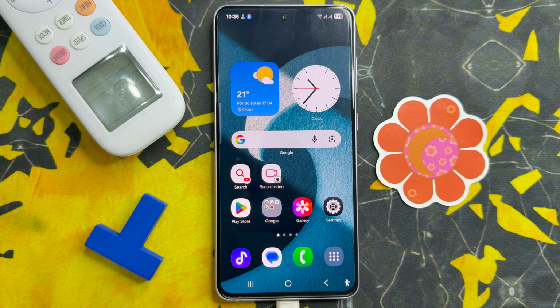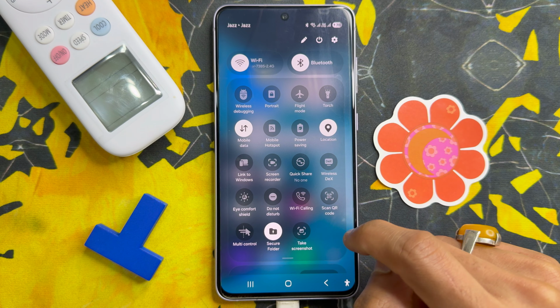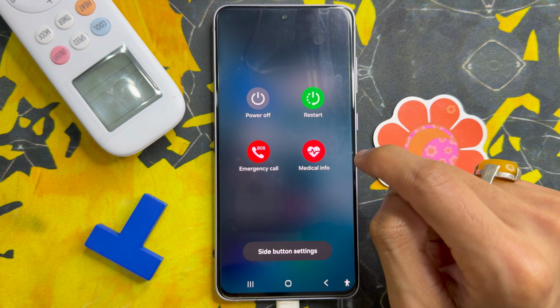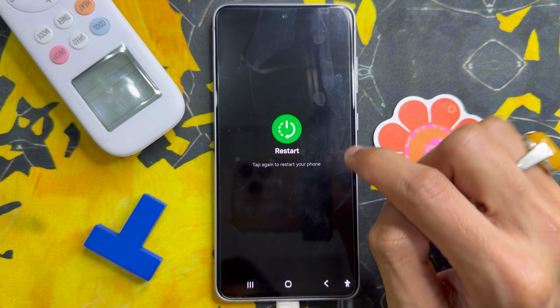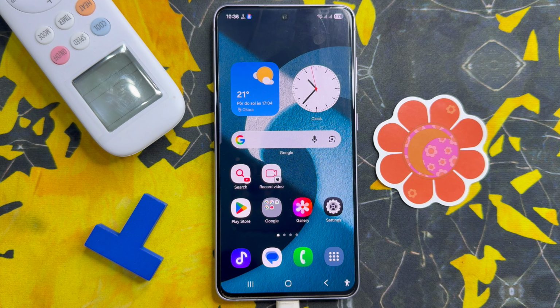First of all, if you want to fix this problem, open quick settings panel, so just swipe down and click on this power icon and click on restart. Again click on restart and you will see your problem is solved. So after restarting, enter your phone pin. If your problem is not solved,